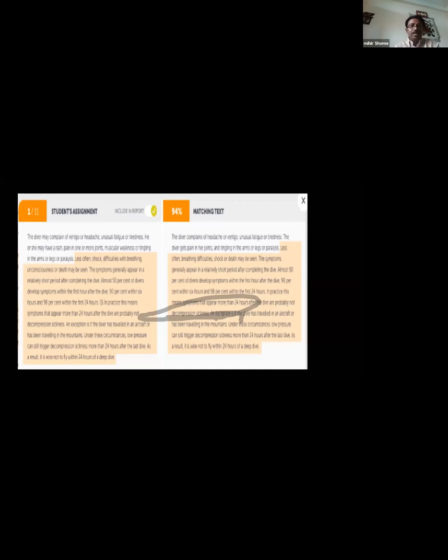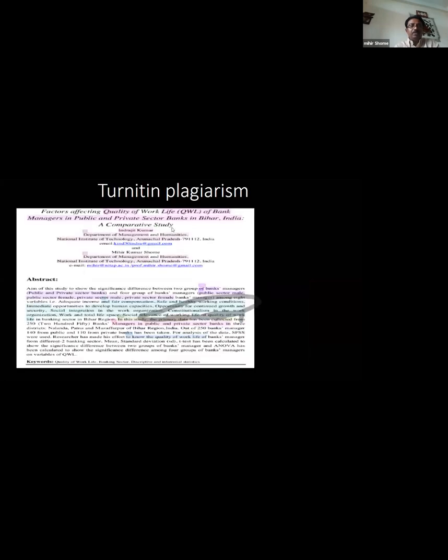Whatever, so I am showing here Turnitin plagiarism of one of my papers which I have uploaded for plagiarism checking. From which source number, then what will happen? It will show from which source it has been copied.